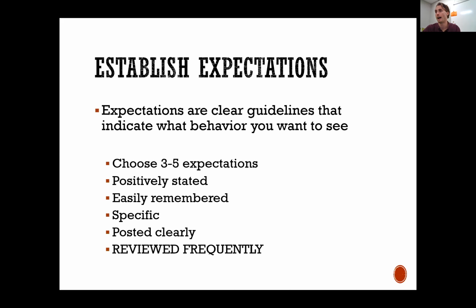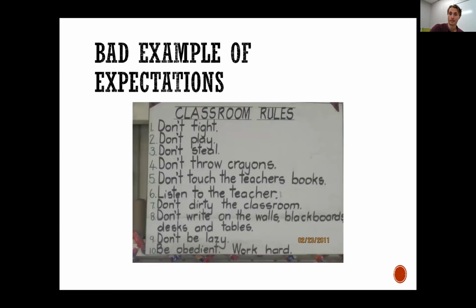Be kind. Instead of saying something like in the be kind realm, like we're not going to fight our peers, it's we invite our peers into games with us. So just coming up with 3 to 5 expectations, creating some examples of those things, posting them and reviewing them frequently can really give the kids that you're working with an idea of what they should be doing in the classroom. And even though we often think kids should just know this, a lot of them don't. So you're setting yourself up for success if you're creating a classroom where there's behavioral expectations for those kiddos.